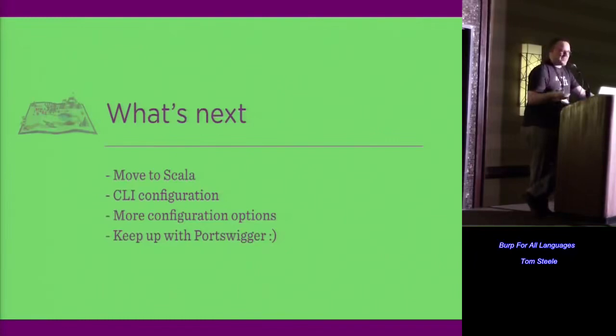So I'd like to move it to Scala because it's a little bit cleaner of a language. It's easier for me to write. And I think it's a little bit easier for people to kind of build and run with. So we're going to do that. I'd also want to do CLI configuration because when you run Burp in headless mode, there's no way to configure the plugin unless you have a CLI interface for it. So it needs to be